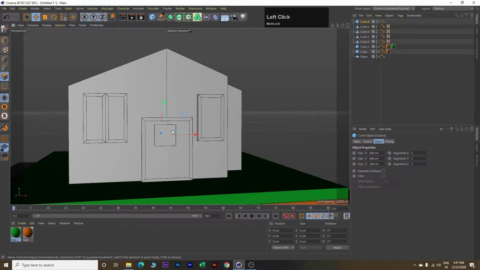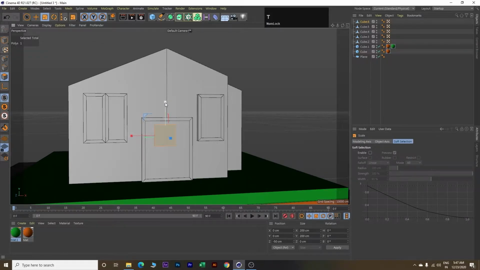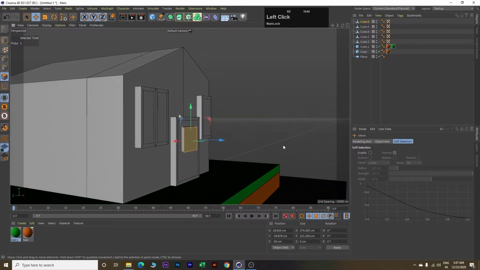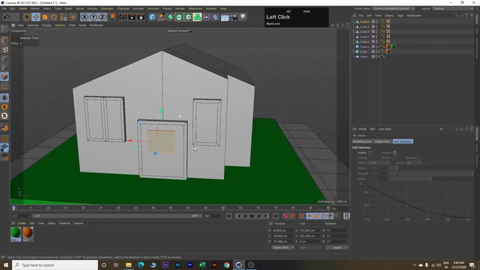Now we will modify this cube by clicking on the Make Editable button. Select this cube, click T on your keyboard and modify. Drag here, drag it here, click E and move it a little to the center, move it a little downward. Okay, this looks good. Let's see how this looks now. Move it a little backward. Okay, perfect. This is good now.